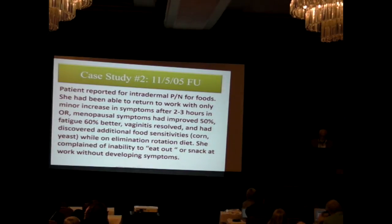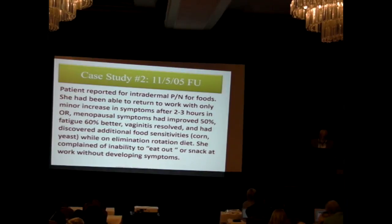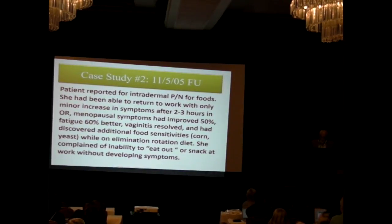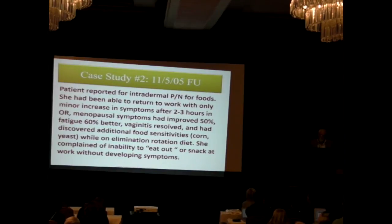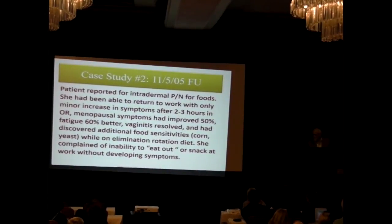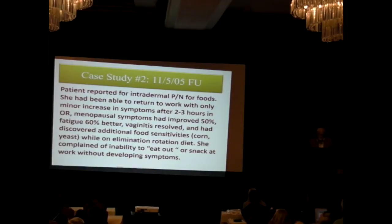And then we went on to do some more testing for her foods, because she was really interested in getting those done, and chemical drops had helped her so much. And by then, just with the medical management and a little bit of avoidance, she had been able to return to work with only a minor increase in symptoms after 2 to 3 hours. She was still crazy enough to work in an OR where you're totally contaminated with chemicals, and she had been on her